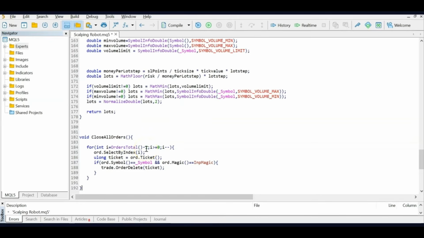Minus 1, because I starts with 0. So if the value of the orders total is 1, then we want to start at 0. And then as long as I is greater than or equal to 0, continue running and decrease the I every time by 1 until it hits 0. Now order select by index of I, and then check the ticket number by assigning the order ticket number to ticket,